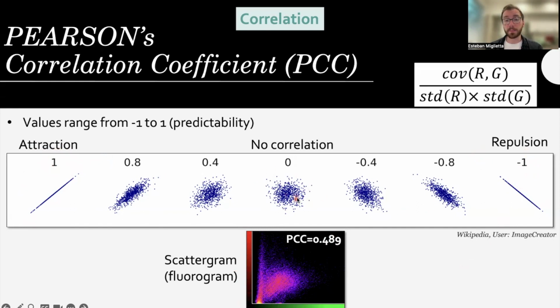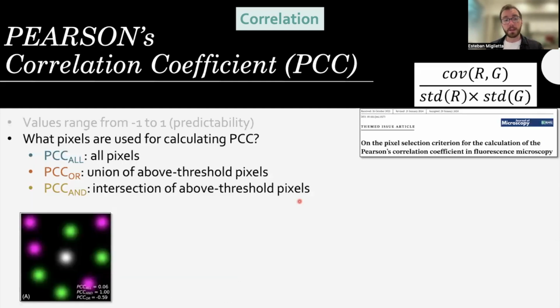And in the middle, we get a value of 0 if there is no relationship, no correlation between the two channels. But there's some caveats to the PCC, and there's a very interesting, relatively recent paper discussing